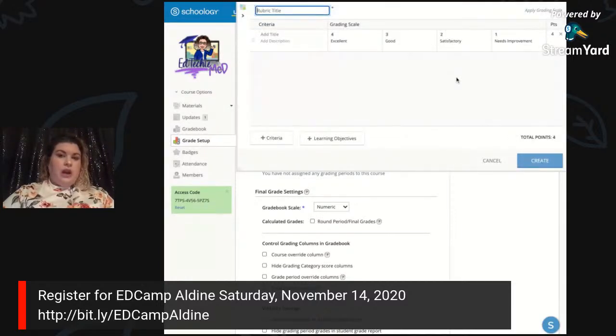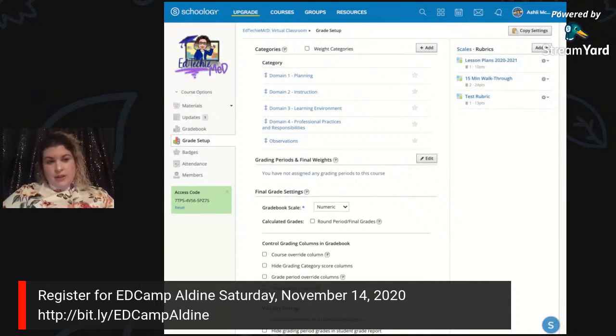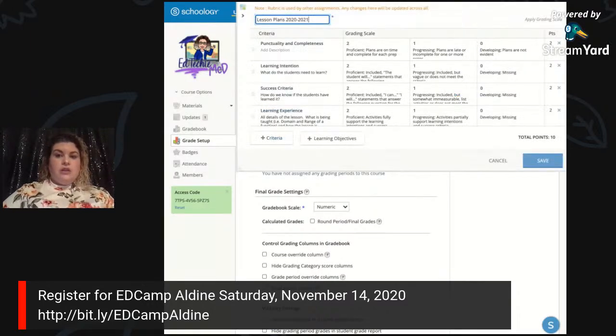This is where I was taking information straight from the T-TESS, clicking into these cells and hitting Control V and pasting them right in there. And one of the really nice things is that anytime you have a rubric, you can always go back in there if you need to make adjustments to it, or change the point scale.